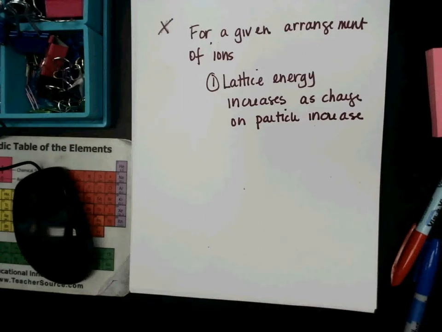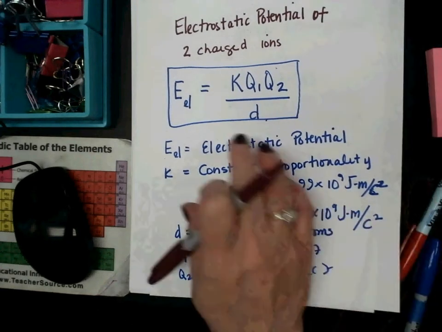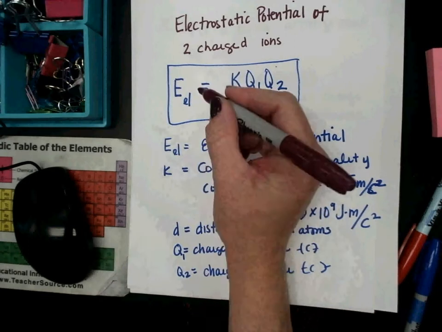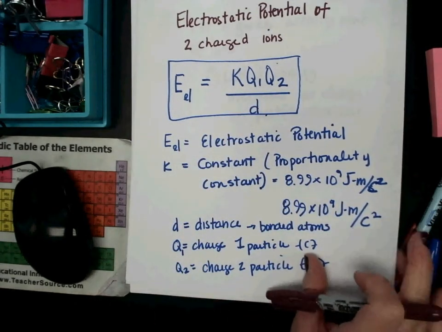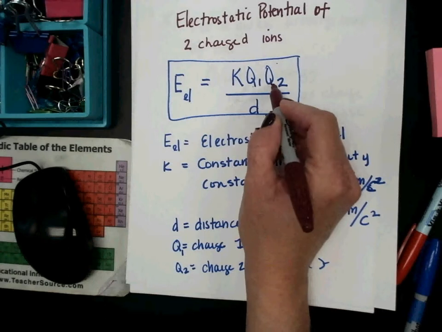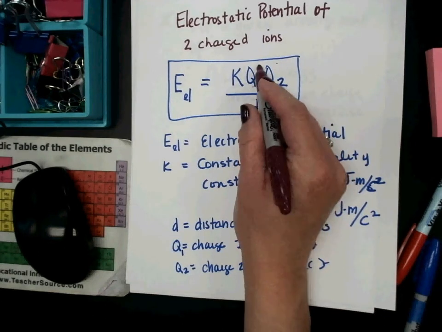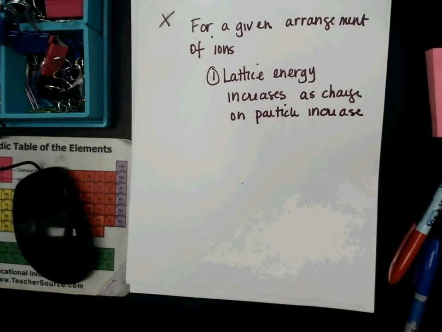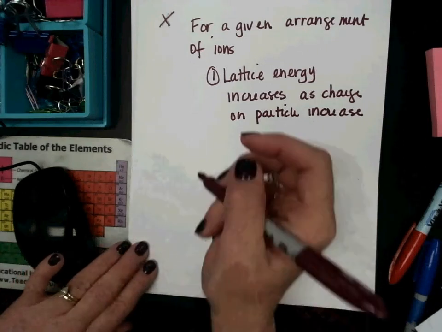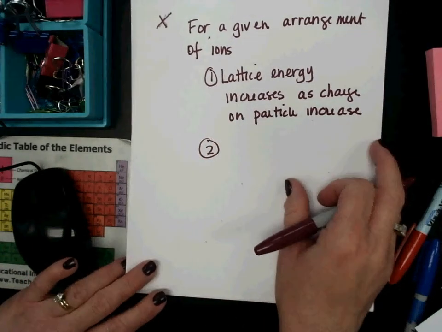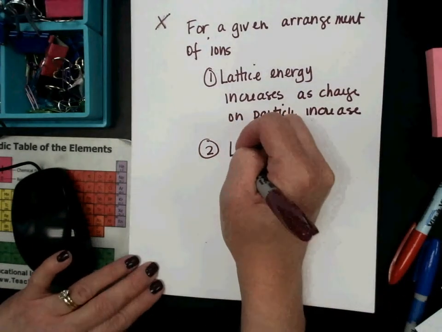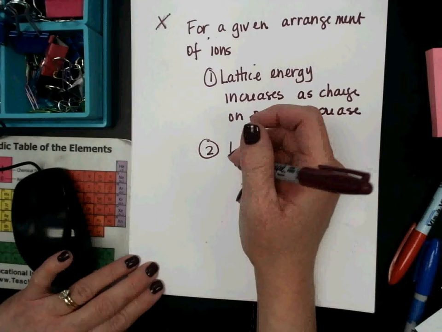So lattice energy will go up as that charge on the particle increases. Look at that. This electrostatic potential tells me about lattice energy. My Q1 and Q2 are my charge on the particles. As these things go up, lattice energy is going to go up. The other thing that I should be able to see from there, I want to talk a little bit more about this in a minute, that my lattice energy